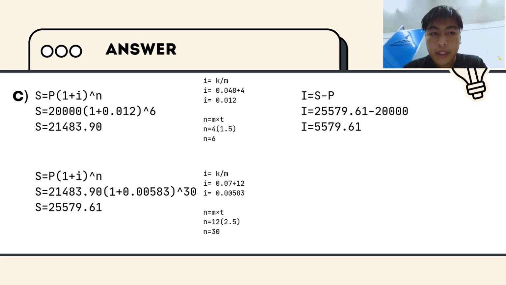Next, for the remaining years, we will use the formula S equals P open bracket 1 plus i close bracket power of n. S equals 21,483.90 open bracket 1 plus 0.00583 close bracket power of 30. The answer is